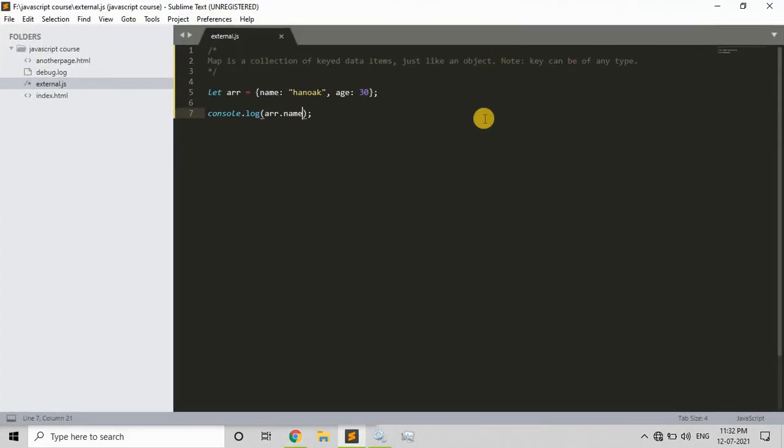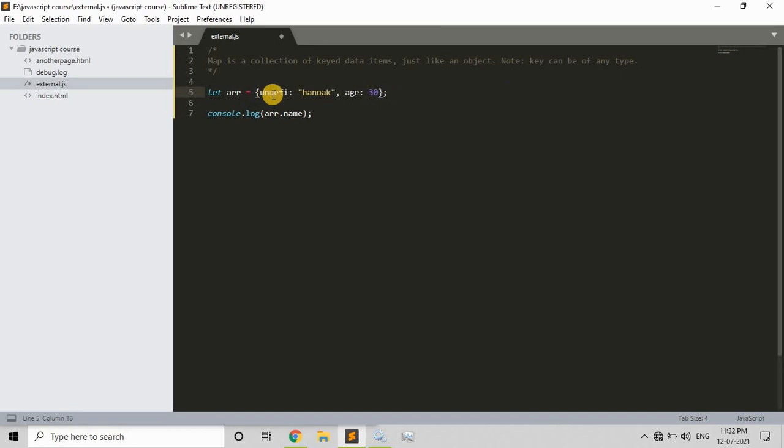So this is the problem with the object. In order to overcome this problem, we have got map, right? So in map, we can have the same kind of key data elements, and the most important difference between object and map is that the key can be of any type, just like 1 2 3, or even true, or we can also have undefined as well.